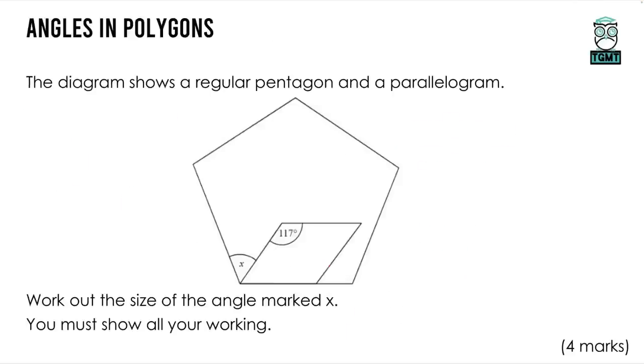Now, angles in polygons are a bit trickier, particularly when we are not using a calculator. There is a formula for angles in polygons, and typically a formula method is relatively quick to use. We take the amount of sides of the polygon. This does say it is a regular pentagon, but you can count the sides, 1, 2, 3, 4, 5, and we subtract 2. So 5 take away 2 is 3, and that tells us how many triangles this shape is